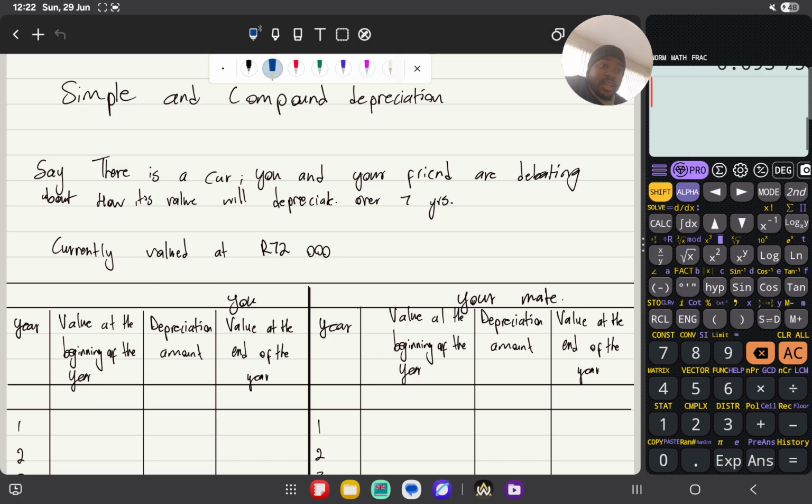At the end of year 3, we now calculate the value to be 10% of 810, which is 81 rand. So now at the end of year 3, the value of the car is going to be worth 810 rand minus 81 rand. That value will be the value of the car. So we calculate the value of the car based on,